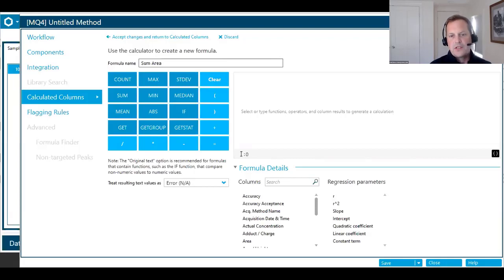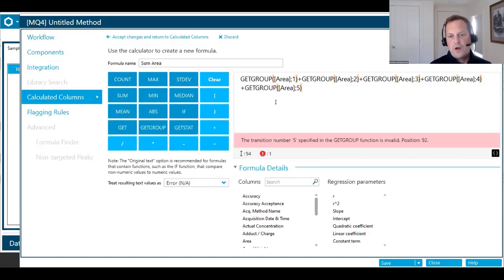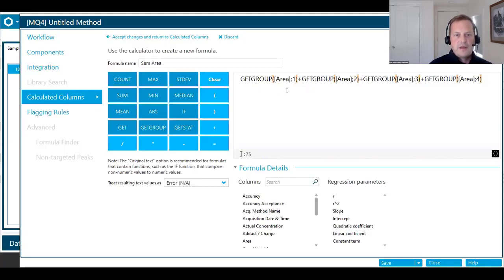And you can kind of see the logic here. I'm going to get group area of component 1. Again, we've defined every single species here as group 1. So basically just grabbing all the peak areas here and summing them together. I only defined 4 components within my components table, so I'm going to get rid of that last one. And then now I have my sum area. Accept the changes and return, and I'm going to add another formula